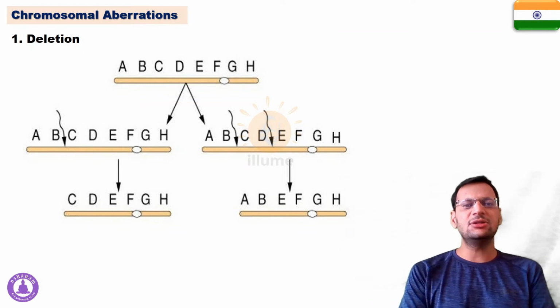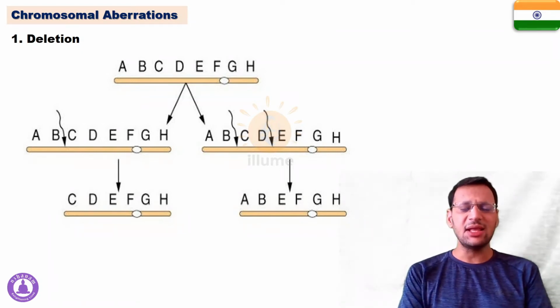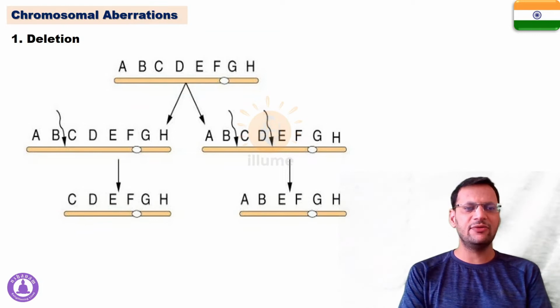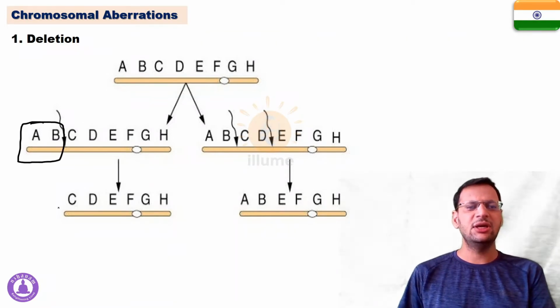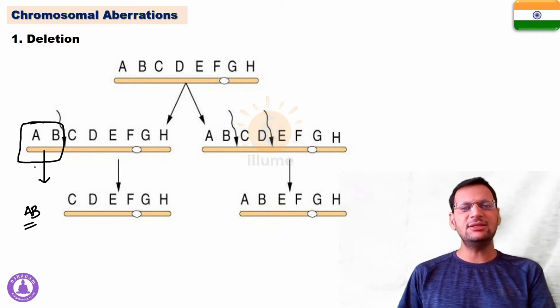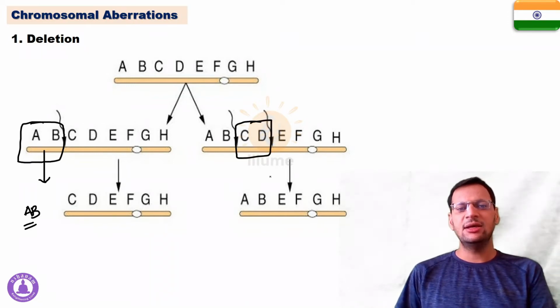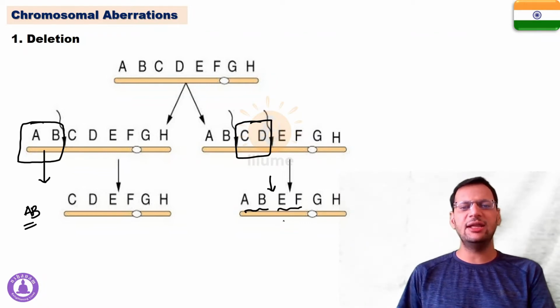Now, deletions are of two types. Let's understand this in a very basic way. See, this is the first type, in which the part which involves A and B is lost, and after mutation there is no part A and B in this chromosome. So there is loss of this segment. In this second case, there is a loss of part C and D. That means C and D are lost, and there is A, B and directly E and F. No C and D part is present.